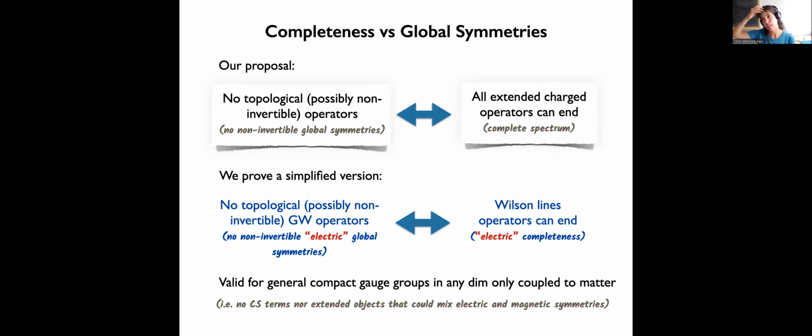I'm saying this because there's one example, like the C2 cross C2 gauge group in 3 dimensions. I think we studied this. If you just have the gauge theory and matter, there is another way in which the operators can become non-topological, because it's not only that they link with lines, but you can also have some surfaces and things get mixed in a more complicated way, which I think points out that there is actually some two-group structure there. And then you have to generalize the proof, because here, maybe